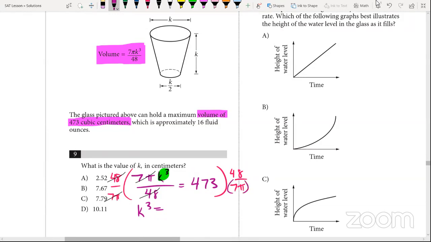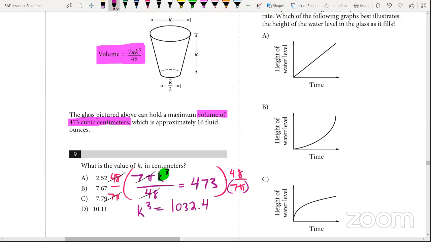And we do recommend you use a graphing calculator like the TI-84. If you're using the TI Inspire, check the College Board website and make sure that your TI Inspire is allowed on the SAT, because a couple of models are not allowed, and you don't want to find that out the hard way. So 473 times 48 divided by 7 pi with the parentheses around it equals